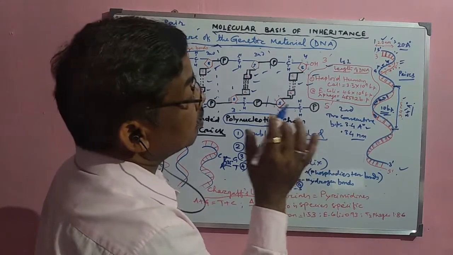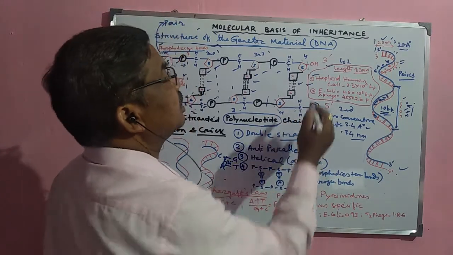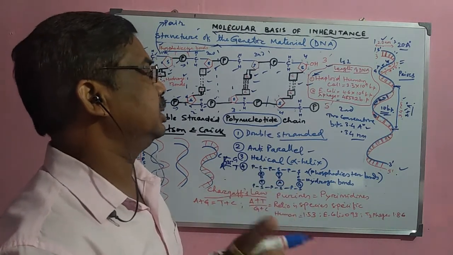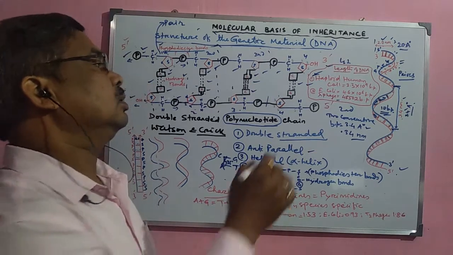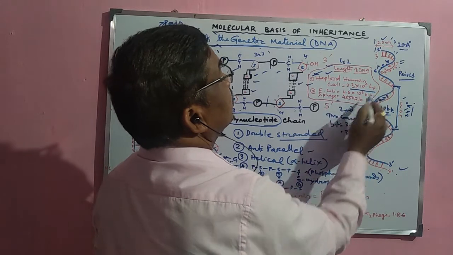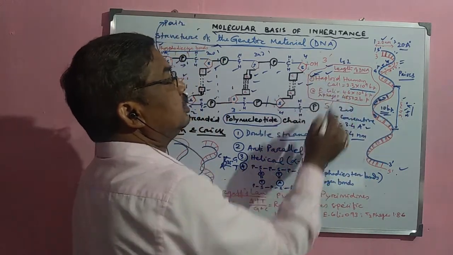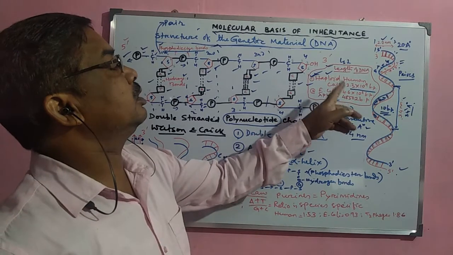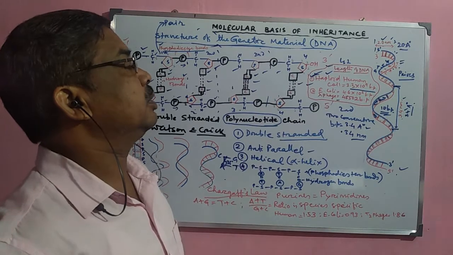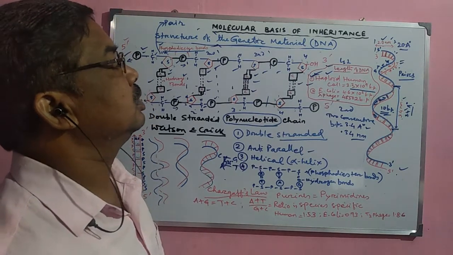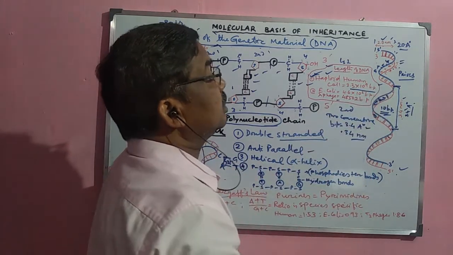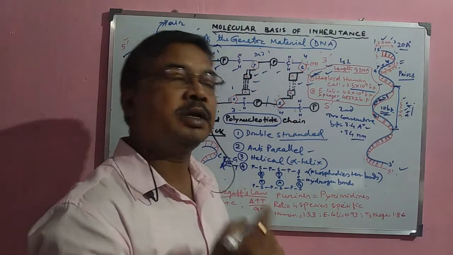it is established that the number of base pairs determines the length of the particular DNA chain. The length of the polynucleotide chain depends upon the number of base pairs. In the case of human beings, there are around 3.3 into 10 to the power 9 base pairs in a haploid human cell. Haploid means when there are 23 chromosomes, then these base pairs are like this. From this we can calculate the length of that particular chain.